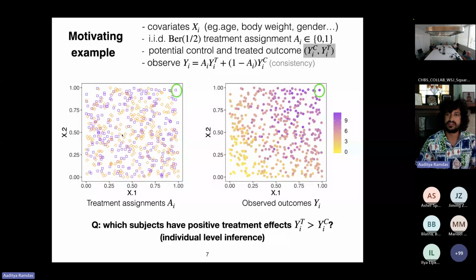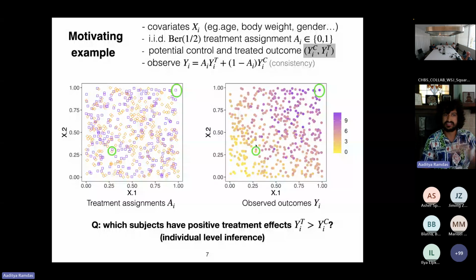Okay, so if we just, for simplicity, look at the person at the top right, they were treated, and we see that they have a large outcome. And you can ask, well, did they have a positive treatment effect or not? And looking somewhere else, here are two people kind of close to each other. One was treated, one was control. You can see some difference in their outcomes, and you can ask, do these people have a positive treatment effect or not? But we want to know something about every one of these individuals in some sense.